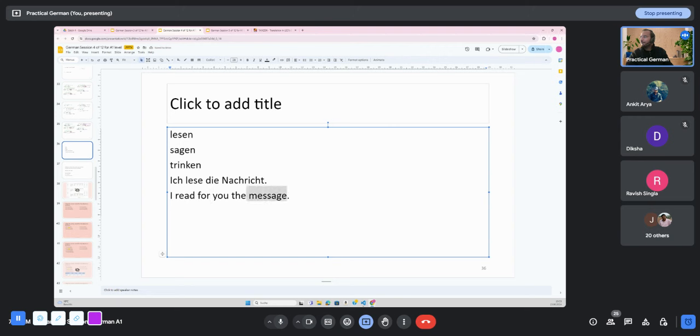Again, if you hear the verb lesen, your gut feeling should say the direct object is what is being read. If I say something, you will say what is being said. So whatever your gut feeling says can be the direct object, that will be the direct object. The indirect object will be something that is getting influenced indirectly, like ich sag dir, so I say blah blah. Whatever I'm saying, blah blah, will be the direct part.